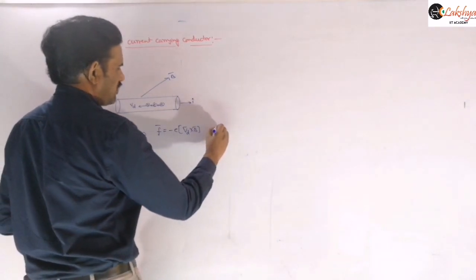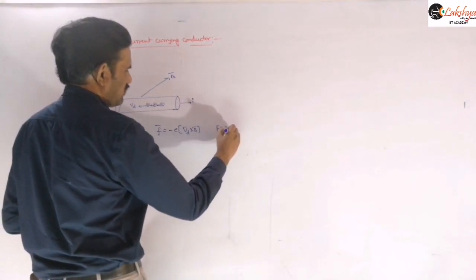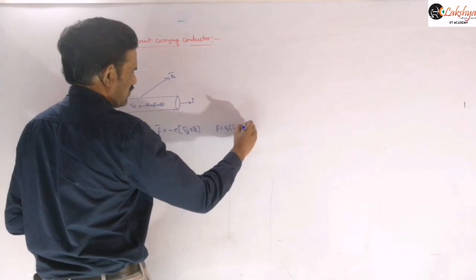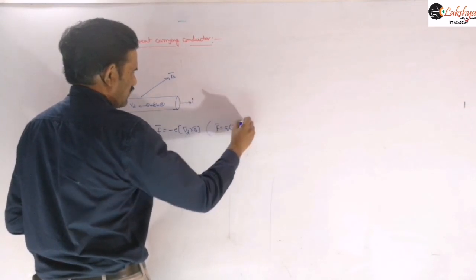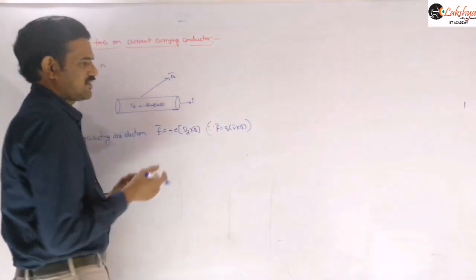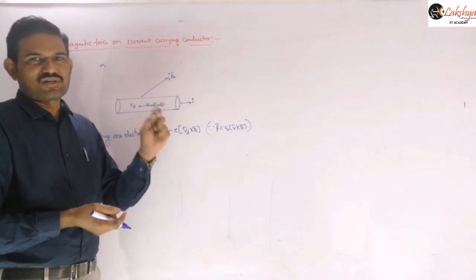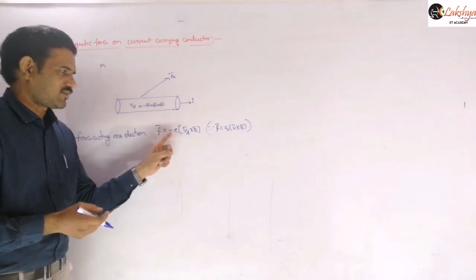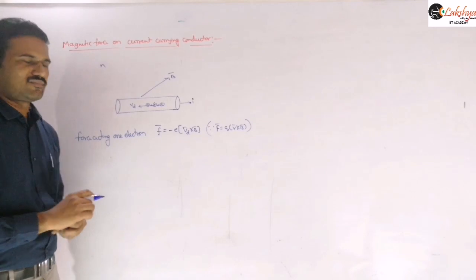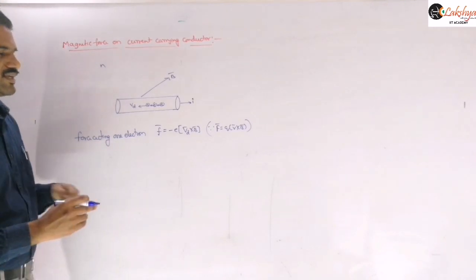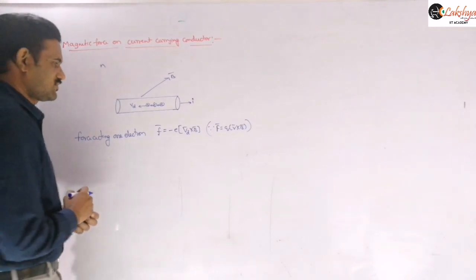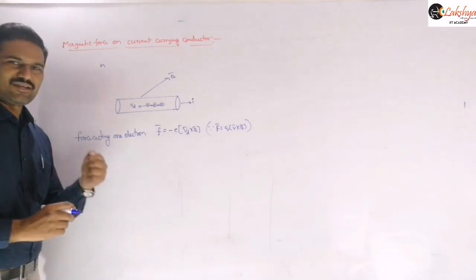Because our force formula, we know this, force is equal to Q into V bar cross B bar, we need to write. And we discussed already, whenever you are writing in vector form, charge must be substituted along with the sign. So I am substituting with this negative sign here. And now suppose there are n number of electrons. So let us write the force acting on n number of electrons.